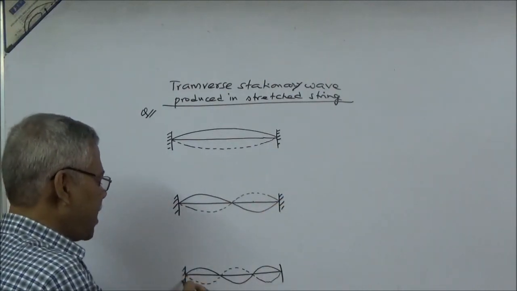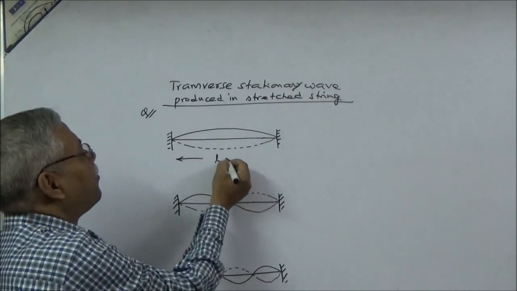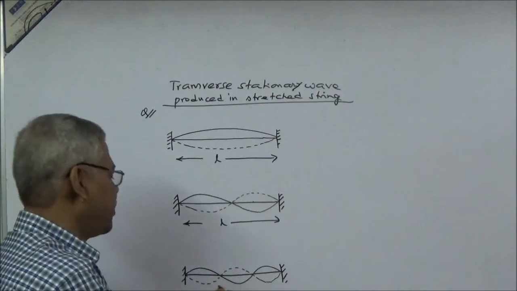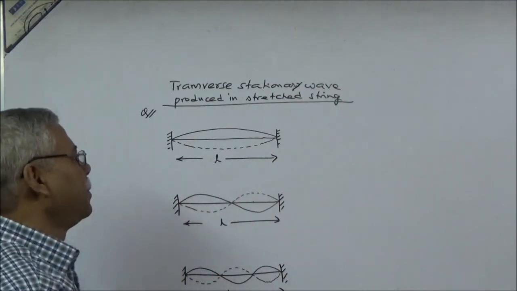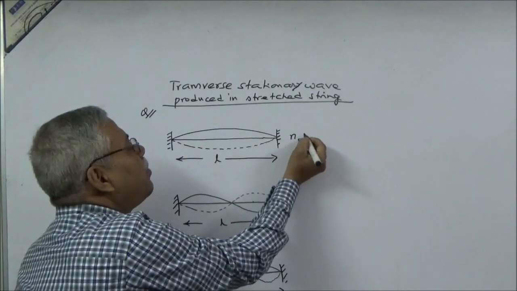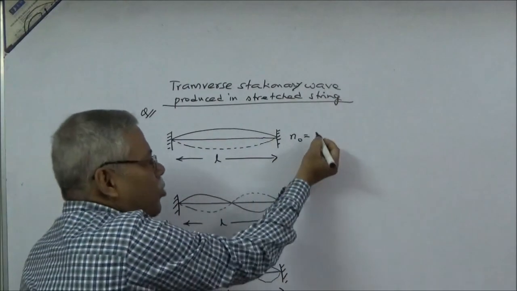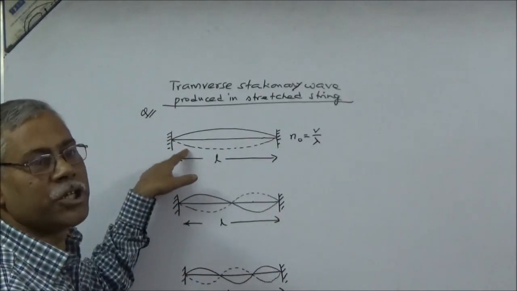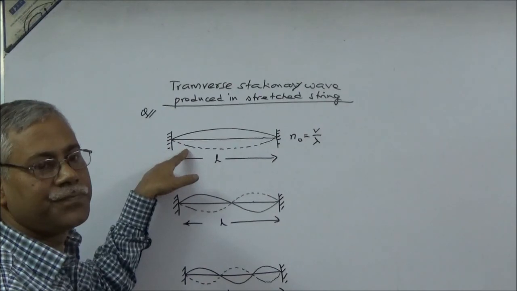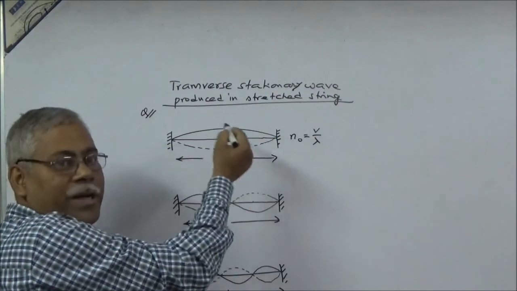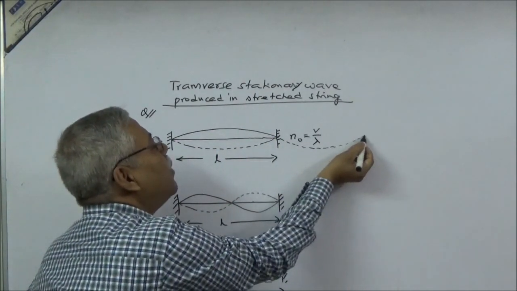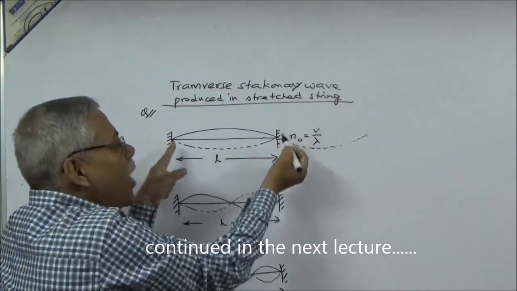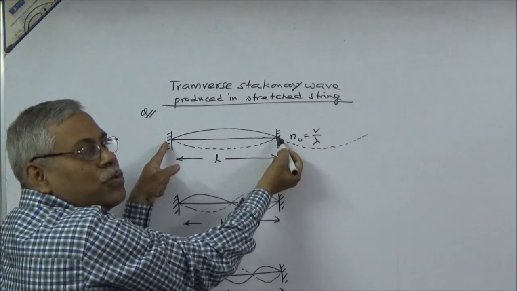In all the three cases that I have shown, the length of the string is L. Leave some space for naming. After discussion I will name each mode of vibration. Frequency of vibration for this mode is N naught. How will you get N naught? N equal to V by lambda. How much is lambda for this vibration? Consider the drawing. I have drawn a complete wavelength. So from this point to this point it is lambda, and you have only half of the wavelength present between these two walls. That means